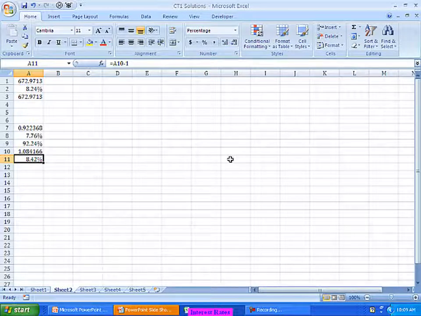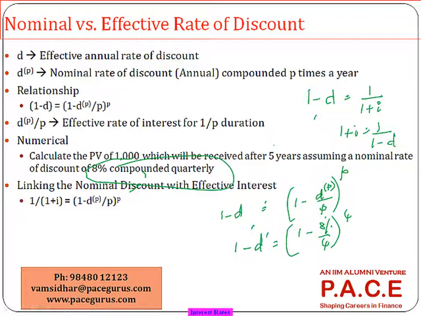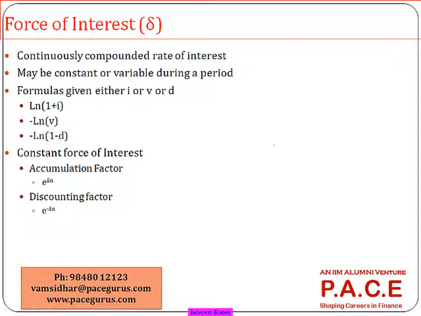So this conversion is the most typical aspect. There is a huge difference: 7.76% rate of discount working out to 8.42% effective rate of interest. So we have to be very comfortable in solving the numericals of this kind, because different financial products will be priced differently based on these various notations. Then one more